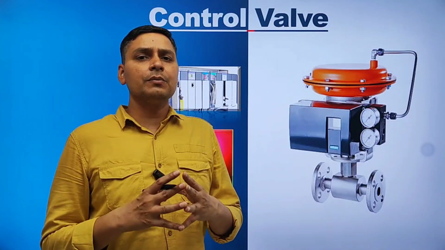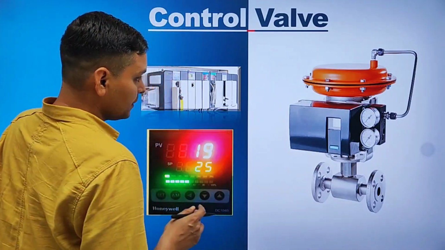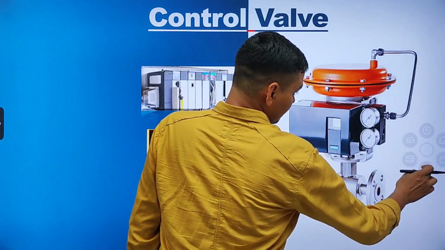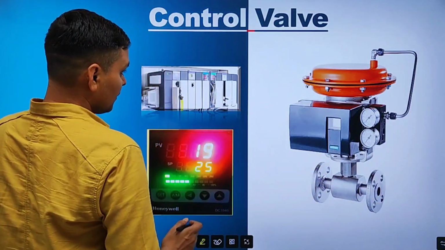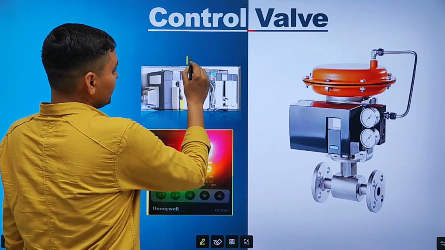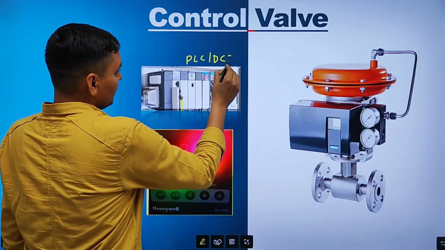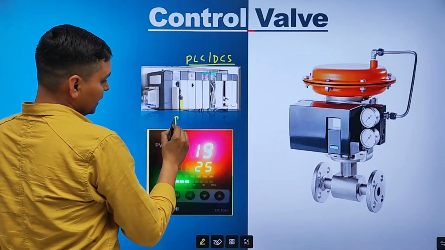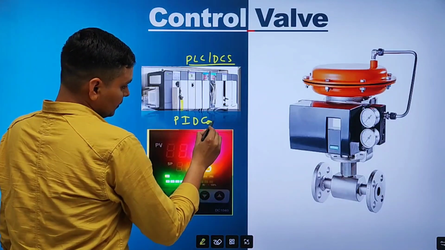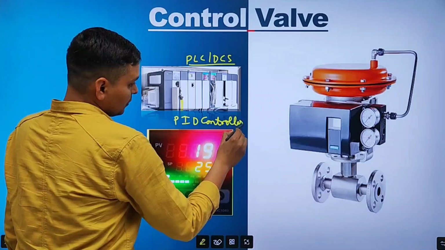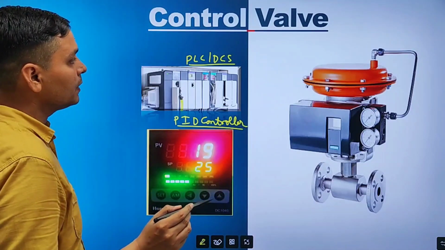Look friends, if we talk about control valve, then we need a controller to control a control valve. We need a PLC, DCS, or a PID controller to operate a control valve.